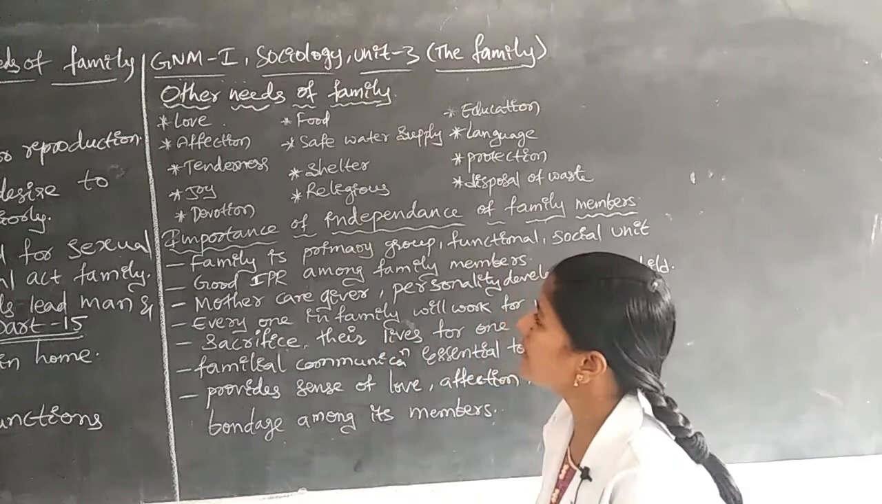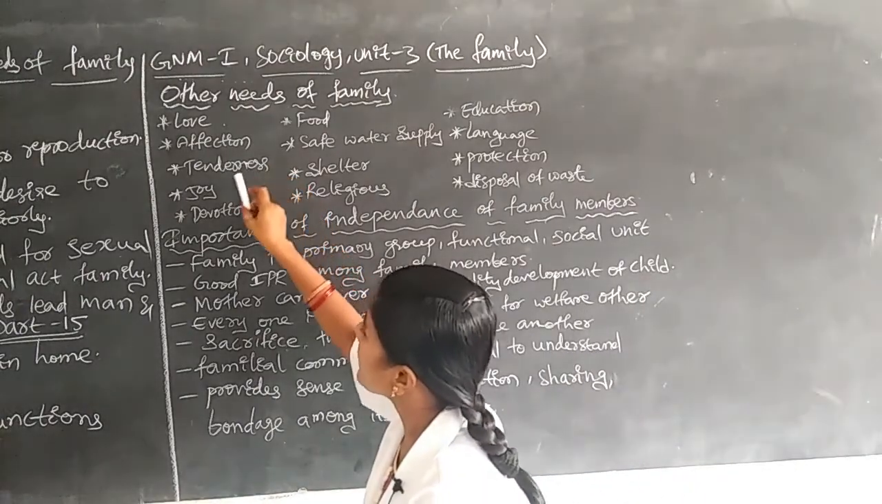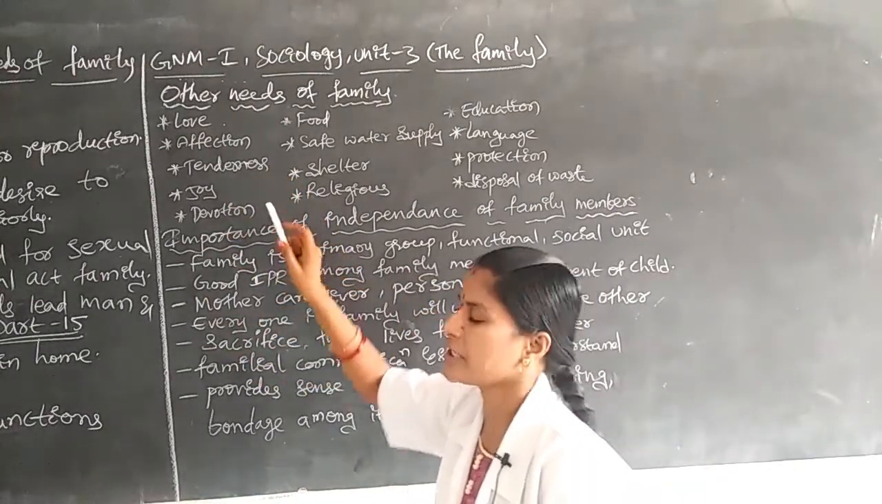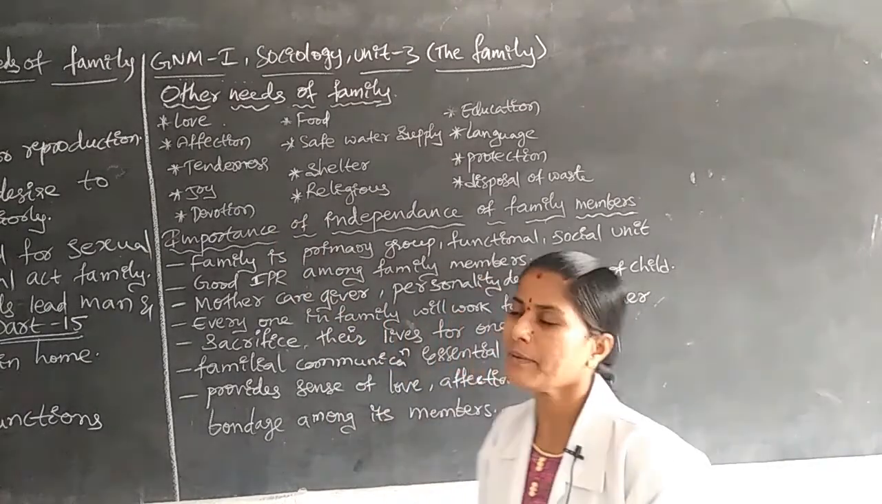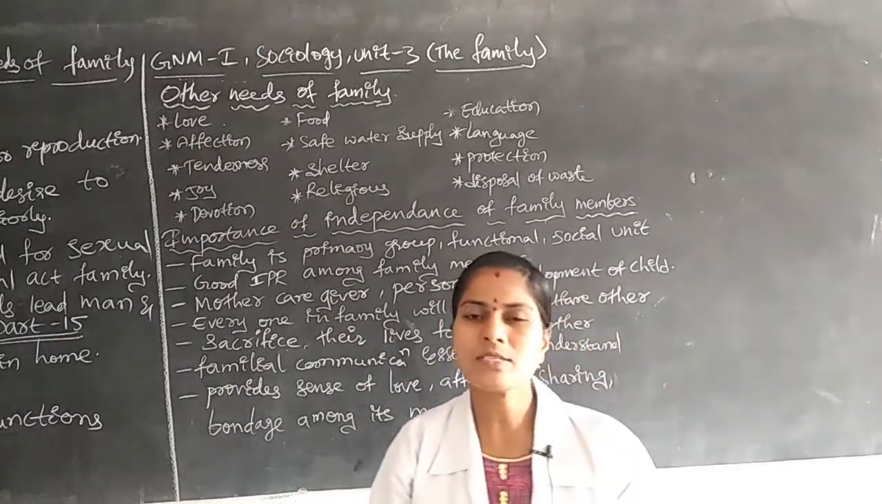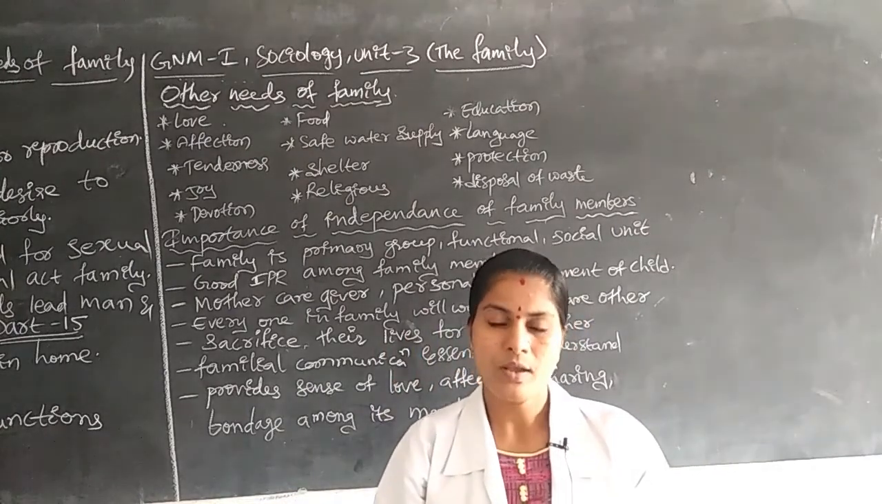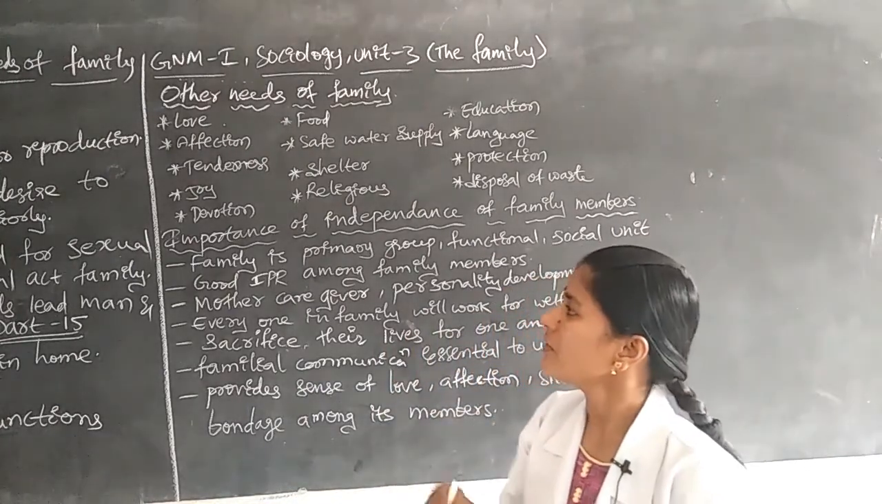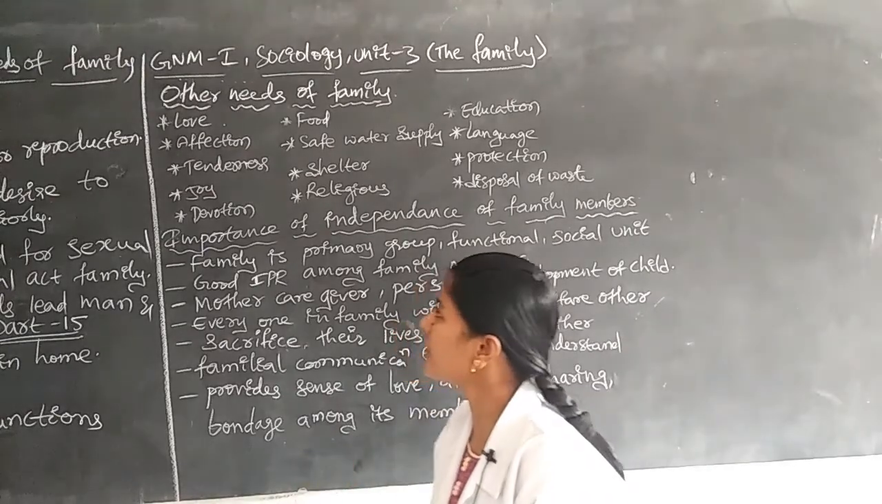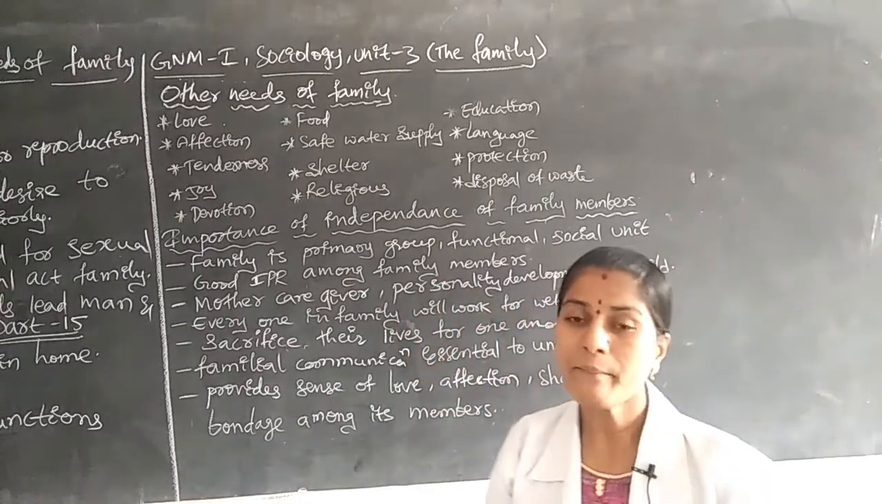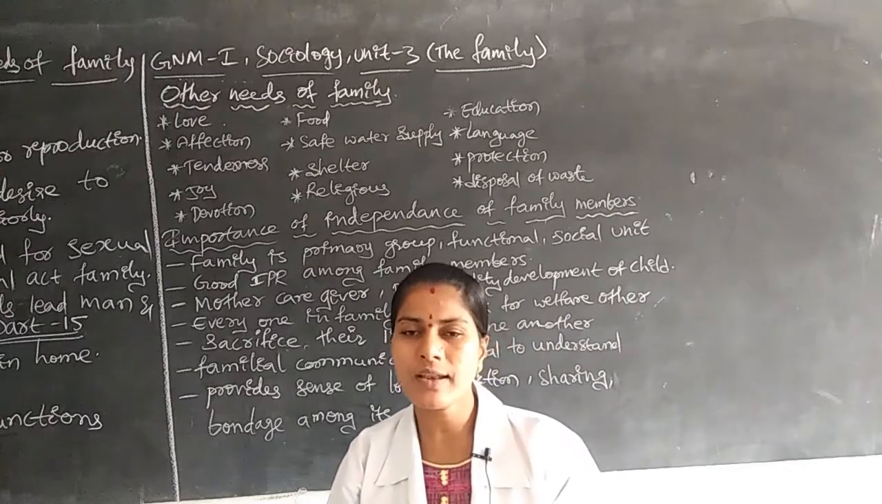Okay, next, tenderness and joy, devotion. Compulsorily, between the family members or friends or individuals or groups of people, they have this type of joy, devotion and tenderness. Compulsorily the family members will take some